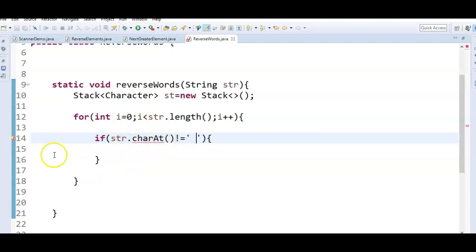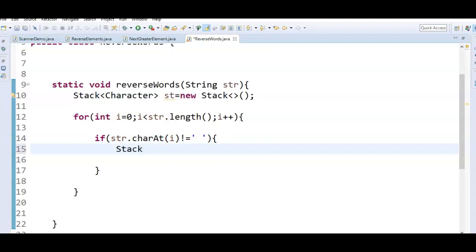Here let's see why we are getting the error: the method charAt in the type String is not applicable for the arguments empty. So just pass the value i. That means here we are checking whether each individual character we are iterating is a space or not. If it is not equal to space, we need to push the element into the stack. Already we have created a stack.